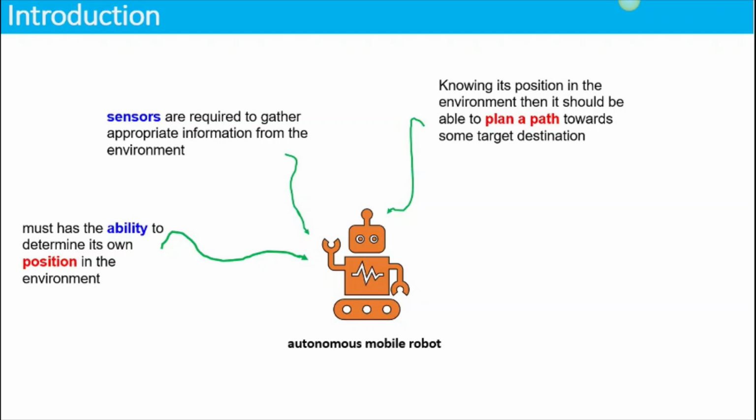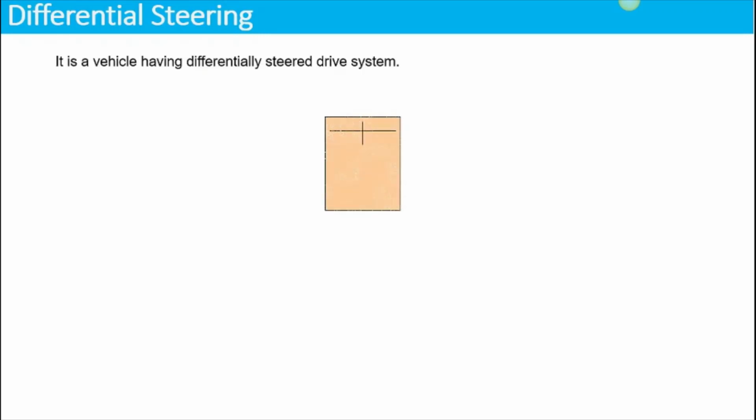Okay, so by knowing its position in the environment, the autonomous mobile robot is able to plan its path towards some target destination. Okay, and for this class, we are going to focus on the wheel-based navigation, which implements the differential steering system. Okay, now what is the differential steering system? A differential steering system is a vehicle that has